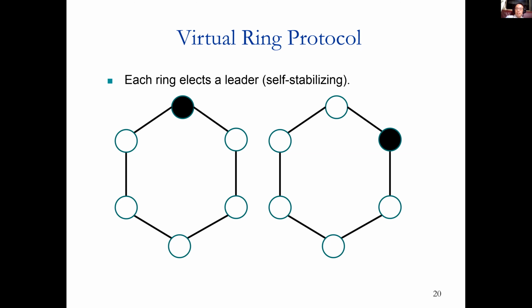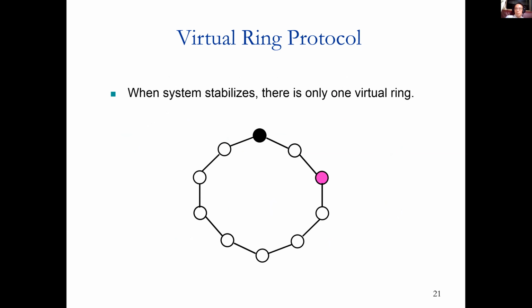And then this leader can send out signals to kill each other. So if there is more than one leader, they will detect each other and essentially reset the graph. So eventually, when the system stabilizes, there's only one leader and one signal in the whole system. Therefore, this completes our leader election protocol.